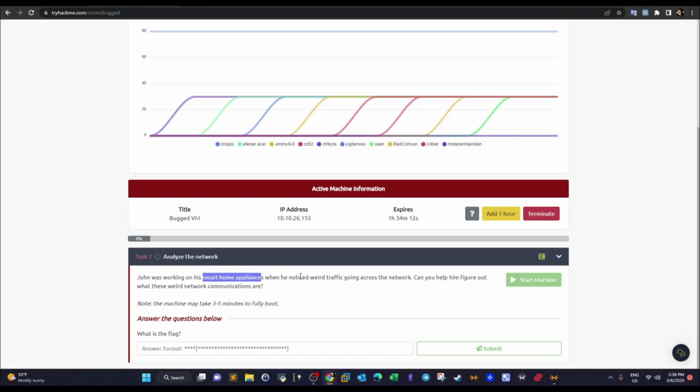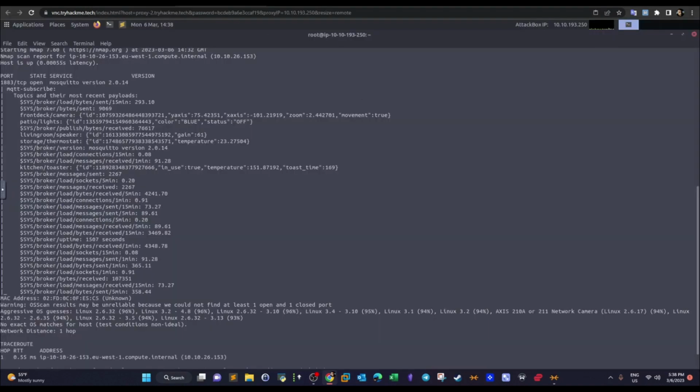We have to find out what is that port that the smart home appliance's server is running on to send and receive the data. So if you do the nmap scan on this IP address, you will find out that the open port here is 1883 and it's a TCP port, open port, and it's running Mosquitto, and the version is 2014. As you can see, there is